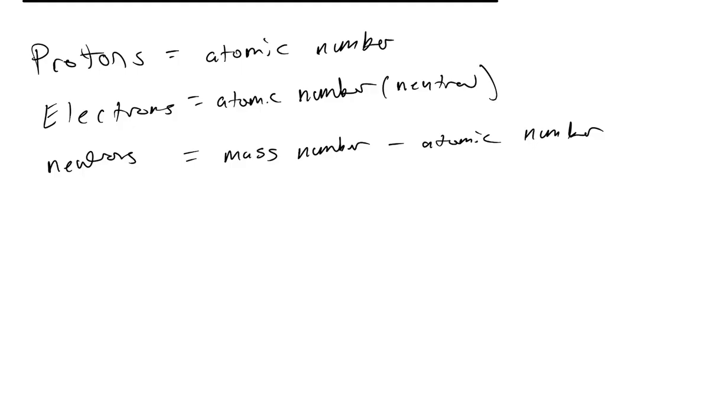So if you have the mass, which we do for every atom, we just take the mass and we subtract the atomic number. And it's important to realize that electrons don't really have too much mass. So it's mainly just the protons we're getting rid of, which is a minor detail. You don't really have to worry about it. You just need to remember that if you want neutrons, you simply take the mass and subtract the atomic number. So if we take carbon again, it has a mass number of 12, so 12 minus 6 is equal to 6. So it has 6 neutrons,